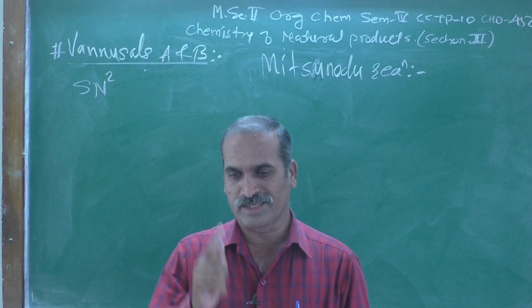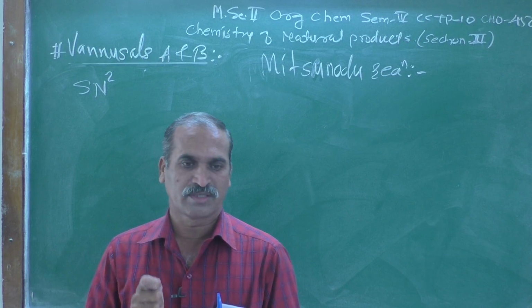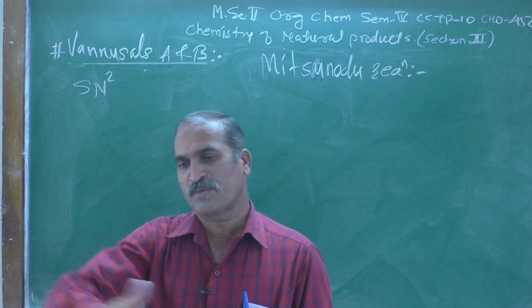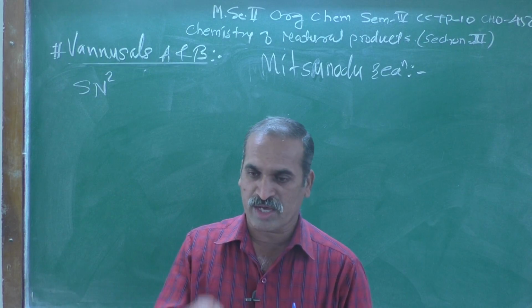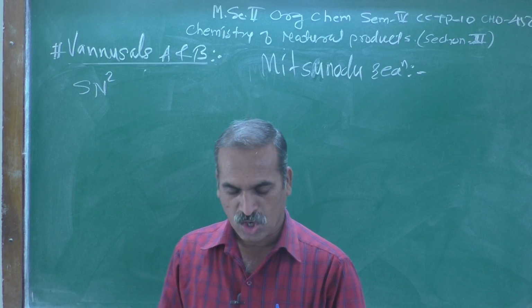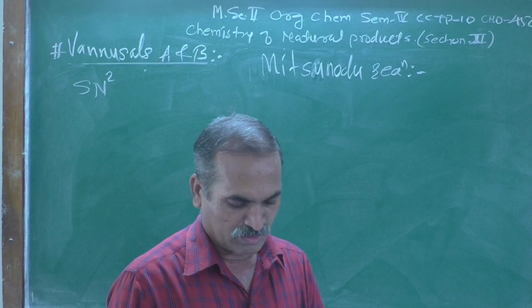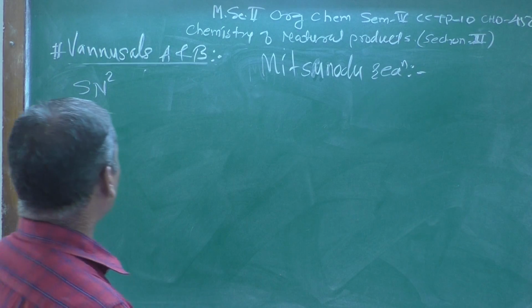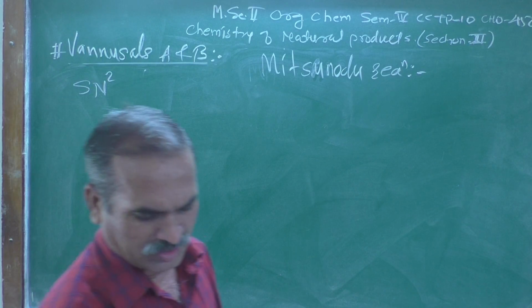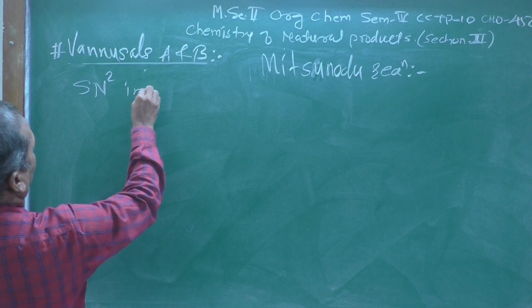That is the experimental proof or evidence that the nucleophile approaches from the back side, and that's why the inversion definitely occurs. So that type of reaction is known as the Mitsunobu reaction,